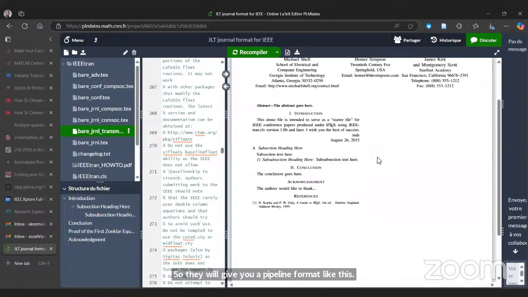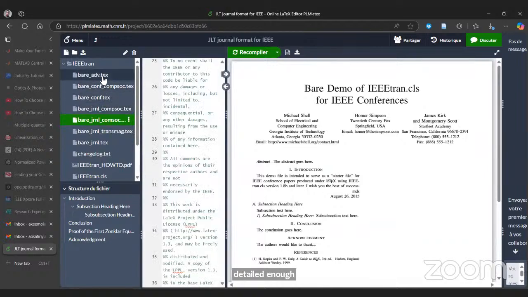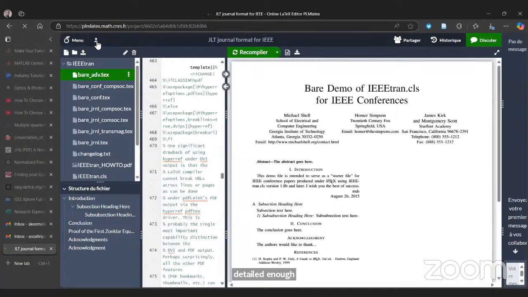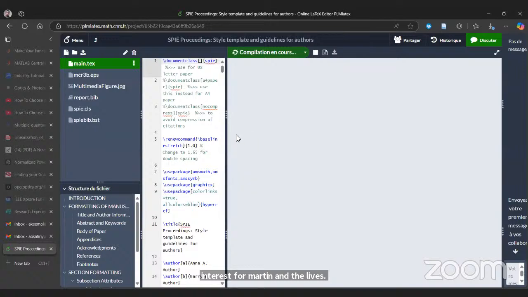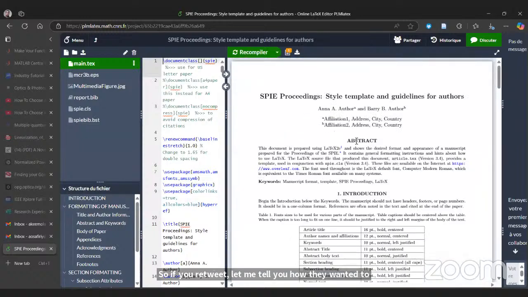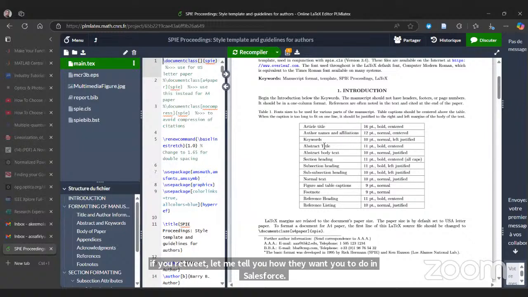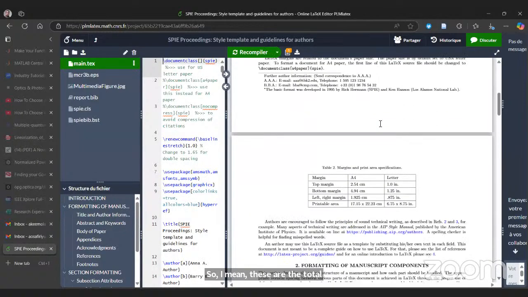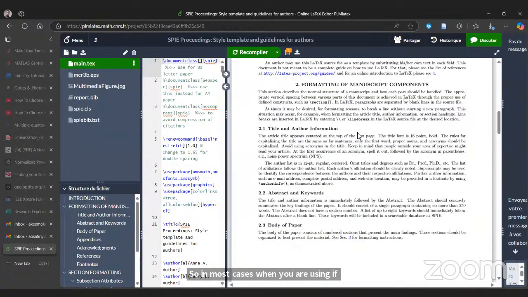So this is their formatting, and if you read through it, they will tell you how they want you to carry out in-text formatting and the likes. It's not detailed, so let me open this. If you read through it, they will tell you how they want you to do in-text formatting. This is how the introduction should look like, the format you should use and everything. In most cases, if you are using LaTeX, which is what I would advise you to use if you have the time,